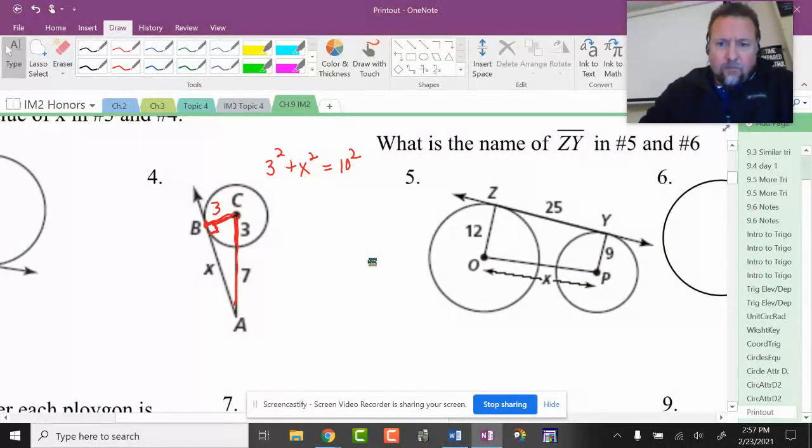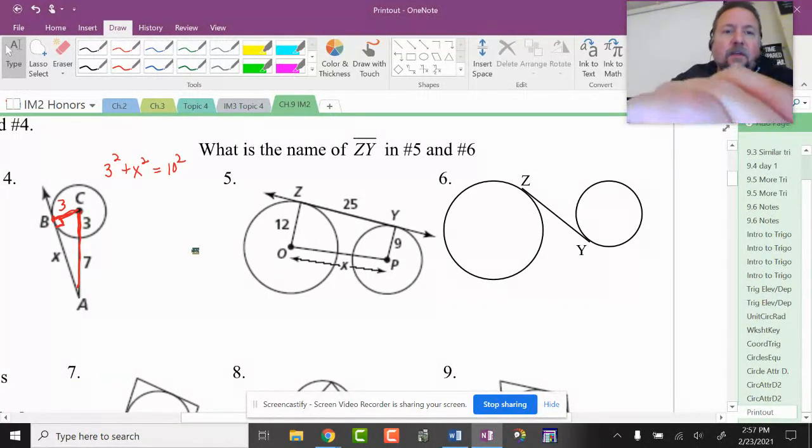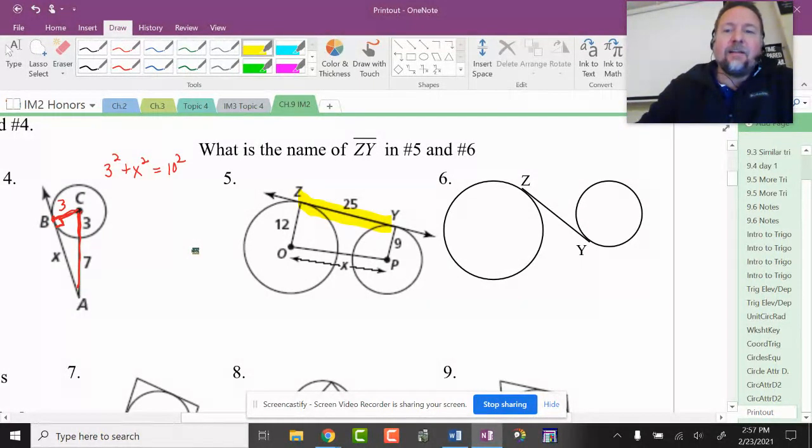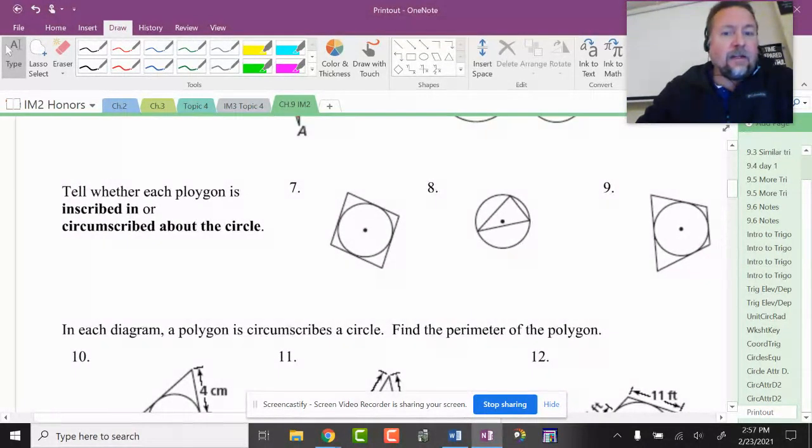All right. This was on my earlier notes, what those are called. So knowing what ZY is called, just look that up in your notes. I think I put that somewhere. And if you didn't take it down when we were talking about it, you're gone. Okay. Tell whether